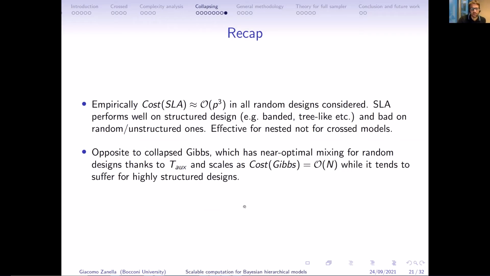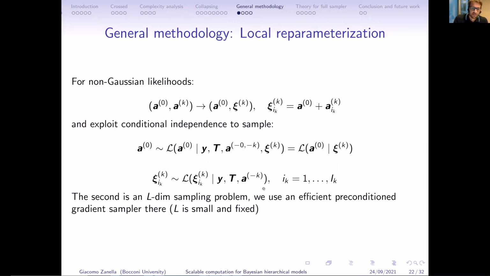So in that sense, there is a complementarity between the two, and we argue that for typical cross-random effects, coordinate-wise updates are very effective and simple to implement method which can scale to large scale number of levels. As I said, this theory, it's for Gaussian likelihood, which in itself is already a practically relevant and interesting case,